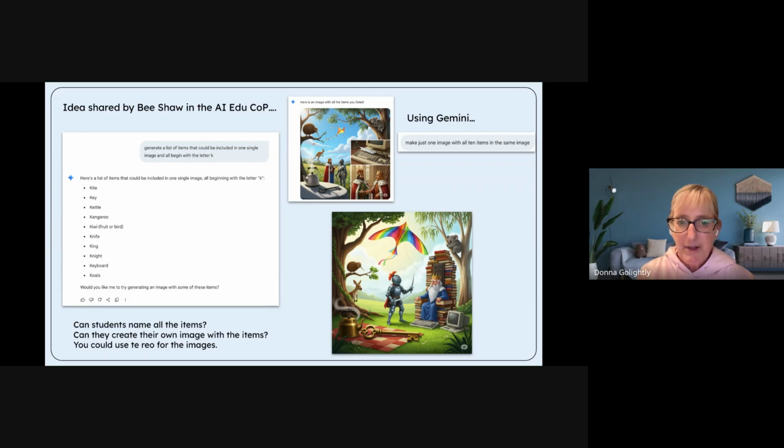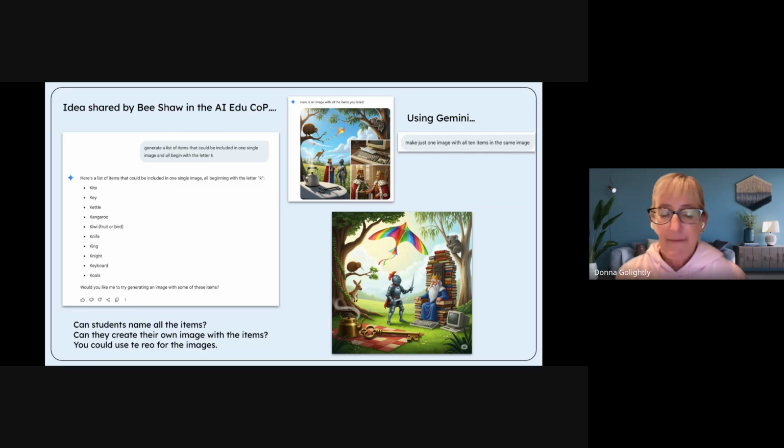But again, I gave it to my kids the next day and said, can you find 10 things that start with K? And as a quick warm up in the morning, they love, one boy in particular loves these kinds of puzzle type things. And he stood there for like 10 minutes just staring, trying to find all the 10 things that started with the same letter. So you could do it with lots of different things that you could create, combine into one